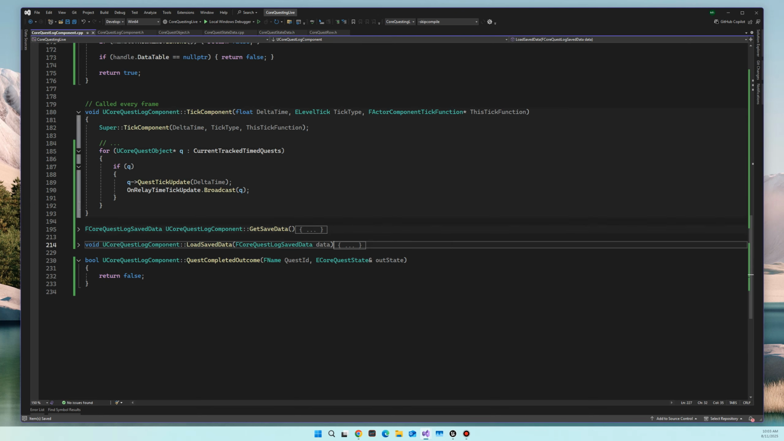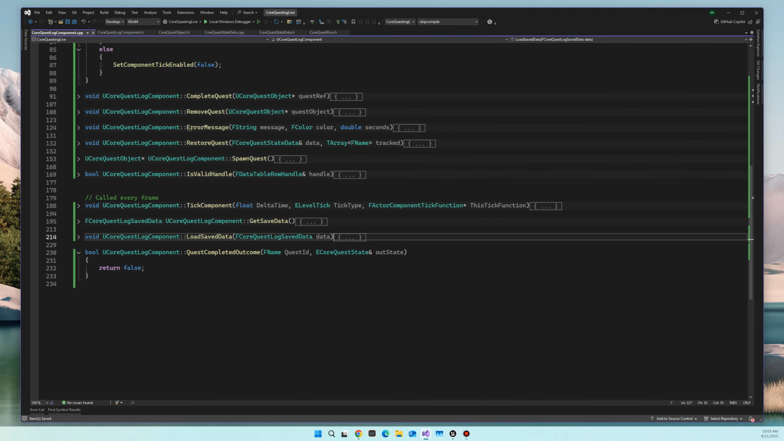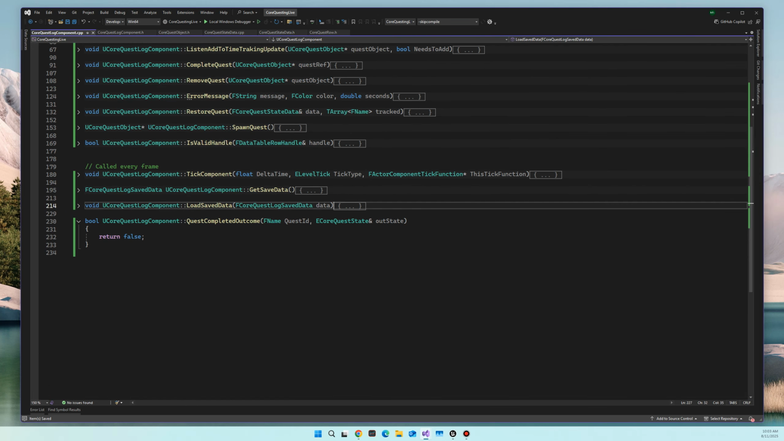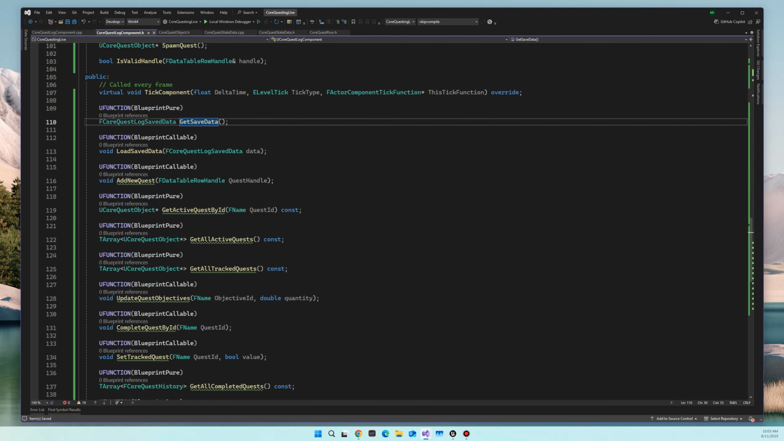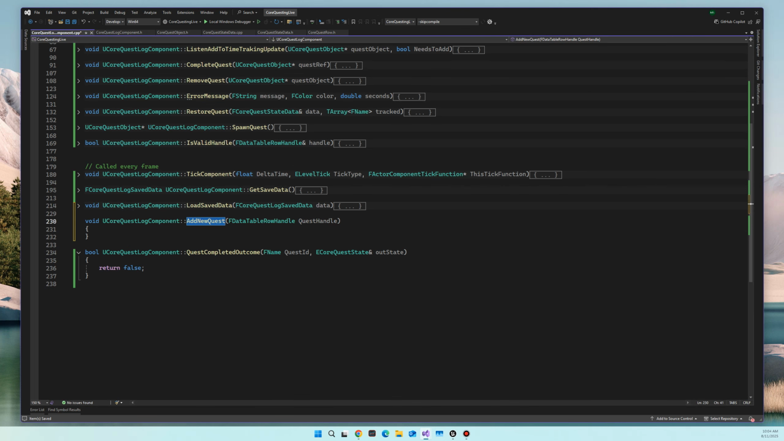And I'm just going to go ahead and minimize this. I think next, let's just keep going down the list. So here's the new quest. So let's go ahead and show potential fixes. So for new quest,